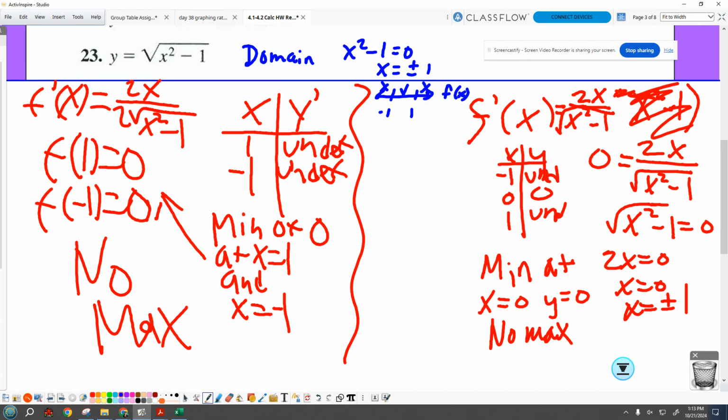This question, there were no endpoints given, but Brooks said you need to find a domain. And how do we find the domain? Well, I can't do square root of a negative. I don't know where this is negative, so I'm going to find out just where it's 0. Where is x squared minus 1 equal to 0? When x is positive 1 and negative 1. Then I'm going to make a number line and see what makes negative numbers. Plugging in 0 doesn't work, right? Because 0 minus 1 is a negative, so I have this backwards. So it's negative.